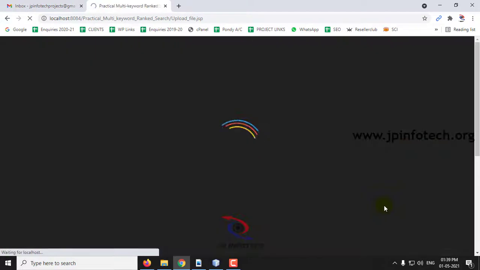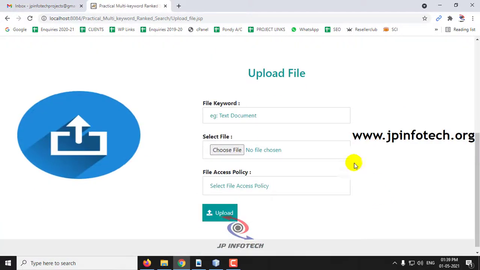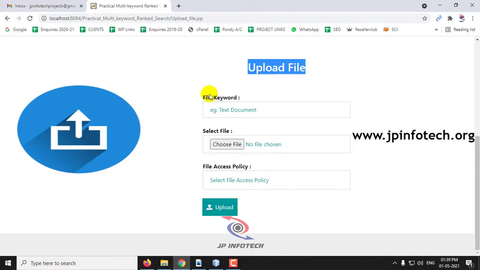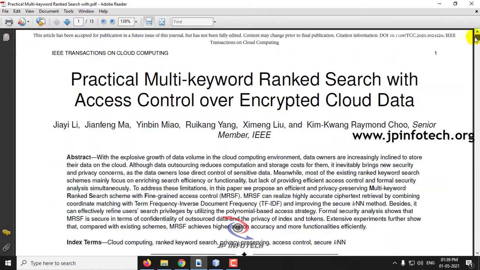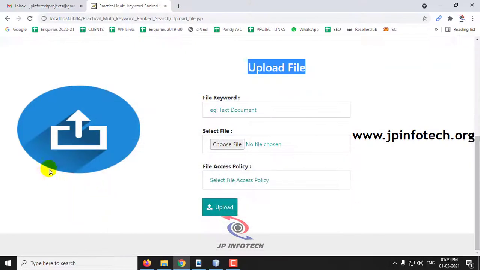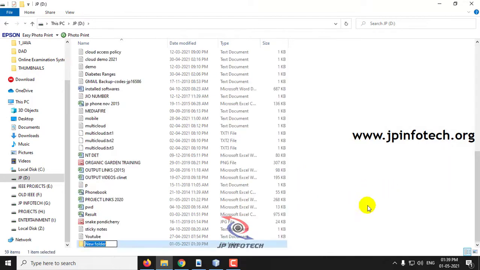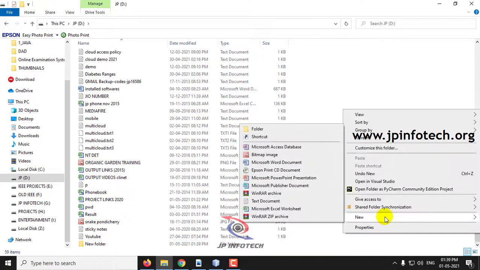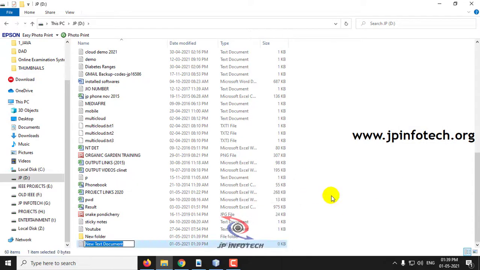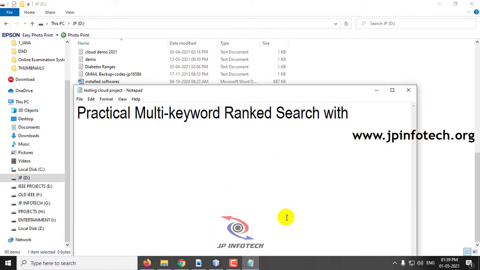First we'll go for the upload file. In the upload file you can see the options of file keyword, selecting the file and selecting the access policy. First let me create a file. Let me go to D drive and create a text file, and name it testing cloud project. Just enter some data here